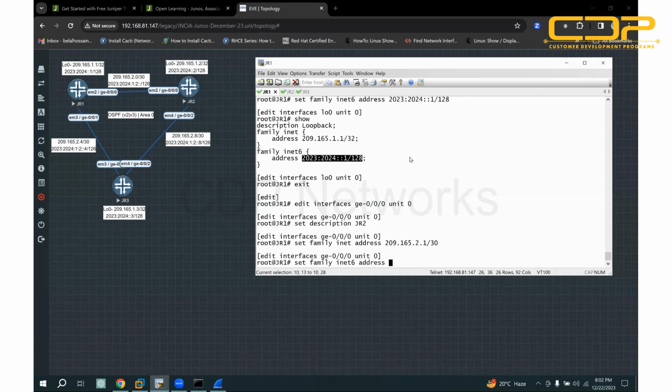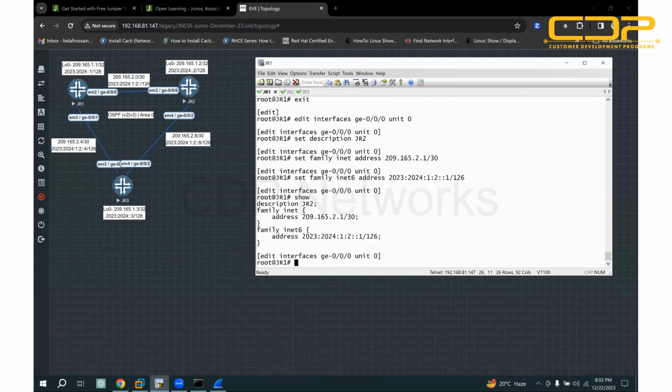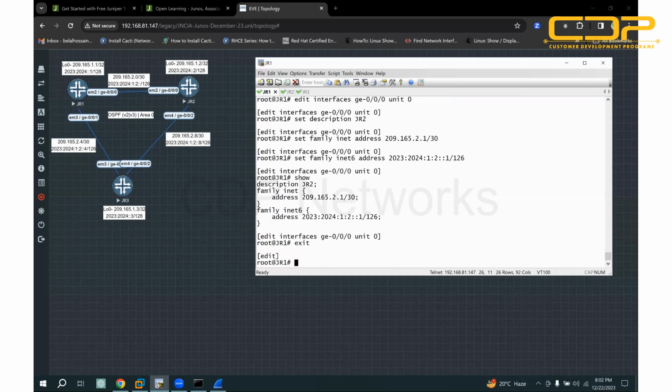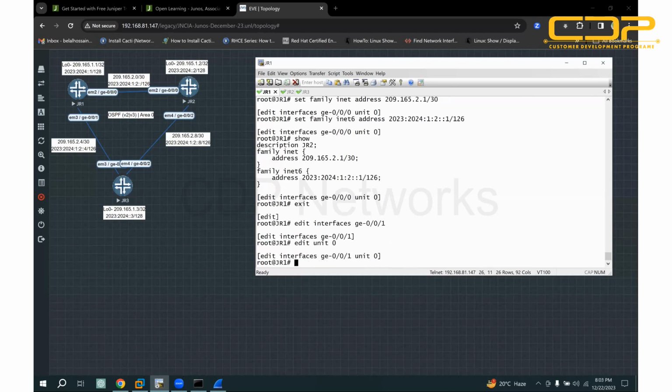2023:1:2::1/126, that means it's 1 and prefix length will be 126. Then show your address has been configured, then exit, edit interface ge-0/0/1 and edit unit 0,